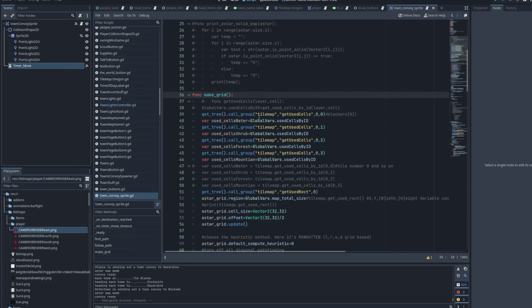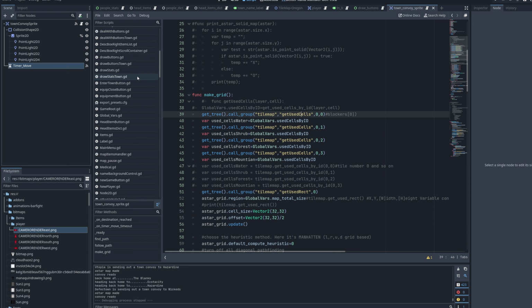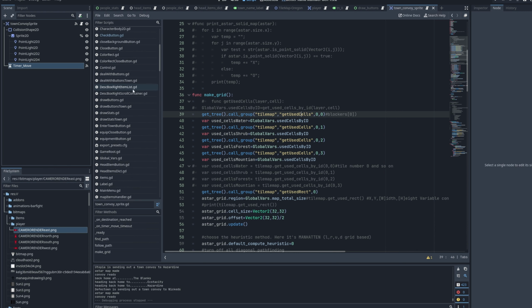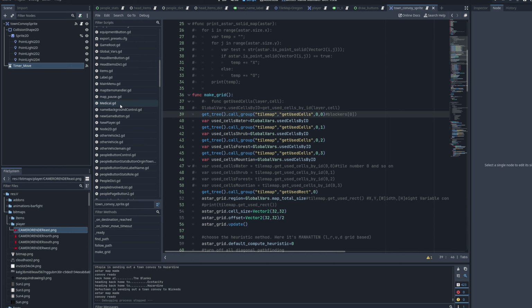So I call the group tile map, which happens to be tile map. And then I call the function I want out of tile map, which is a custom function I had to write in tile map for this. And then I input the parameters I want for this function. I should actually call it a procedure, since it doesn't return the variable back in here. It places the variable in my global variables, which is my